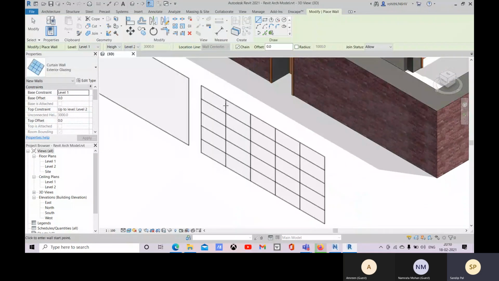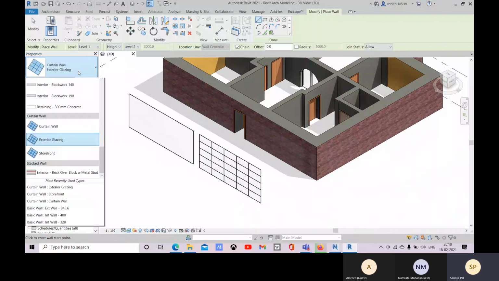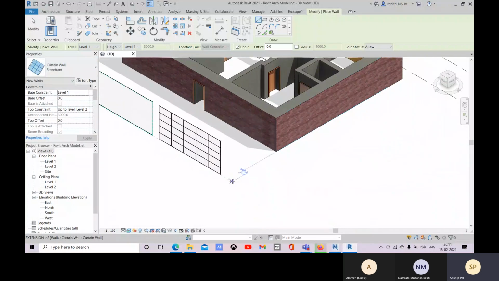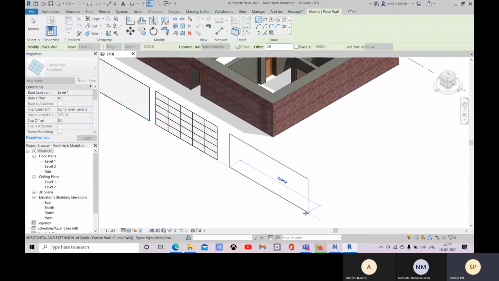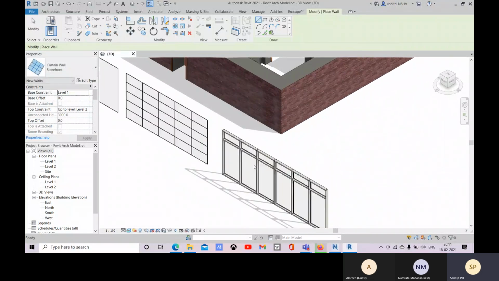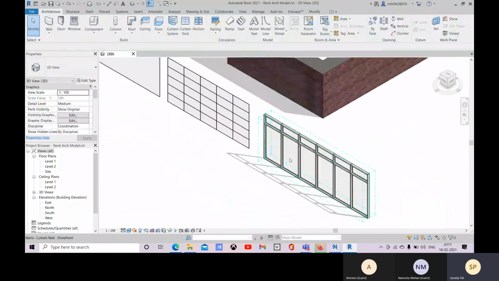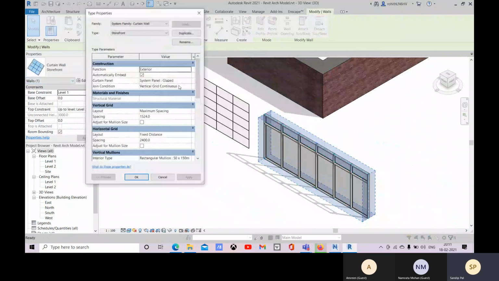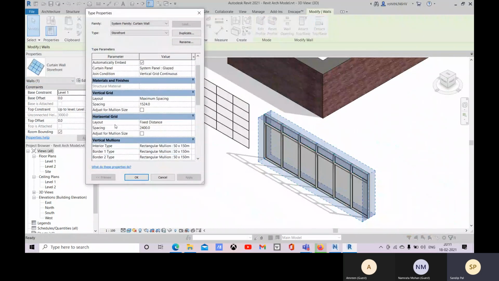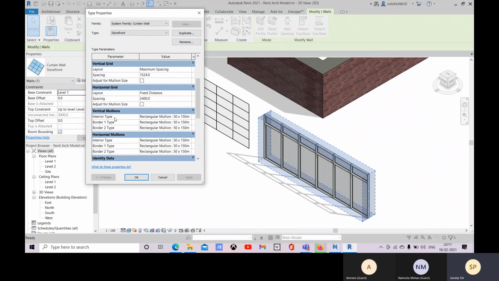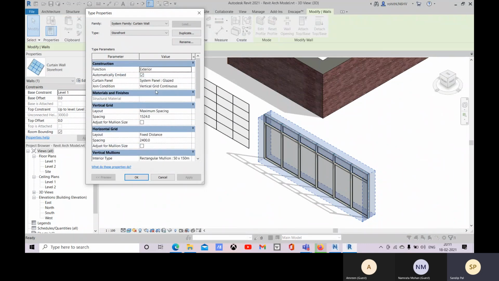Mullions are missing there, and storefront is the full complete curtain wall system, with all the grids and the mullions. So you know how to change it. Go to its type, and there you have the vertical grid and horizontal grid, all the spacings. There you can change the type of your vertical mullions and horizontal mullions.